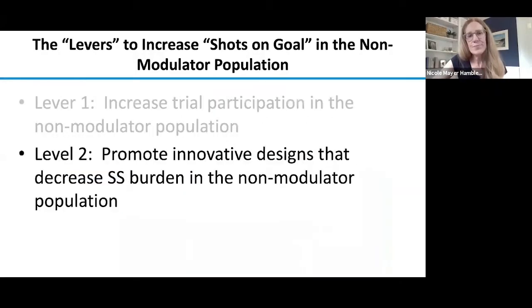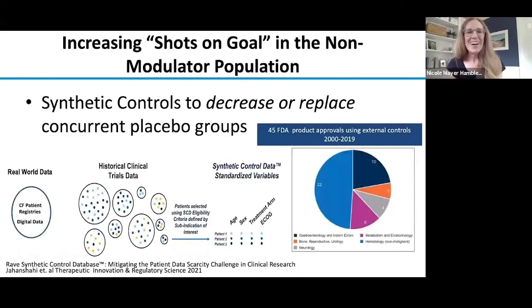strategy. The second lever we have is really to promote innovative designs that decrease sample size burden across this population. One idea here is the use of synthetic controls to decrease or replace concurrent placebo groups. For each study that we design, we're not going to be able to do those traditional placebo-controlled trials. And so how can we rely on some novel ways to establish a control group without utilizing our current patient population? So the idea here is that we could use either real-world data or historical trial data to match with